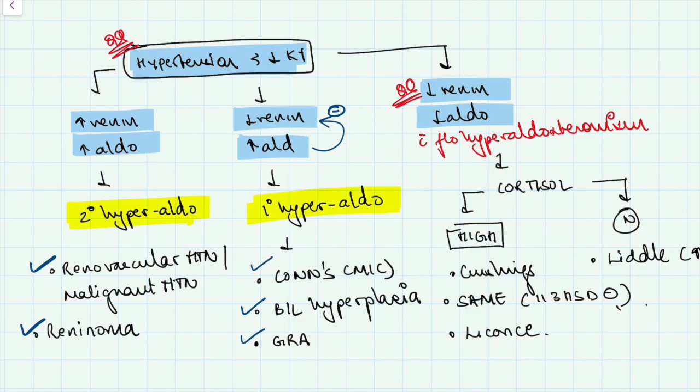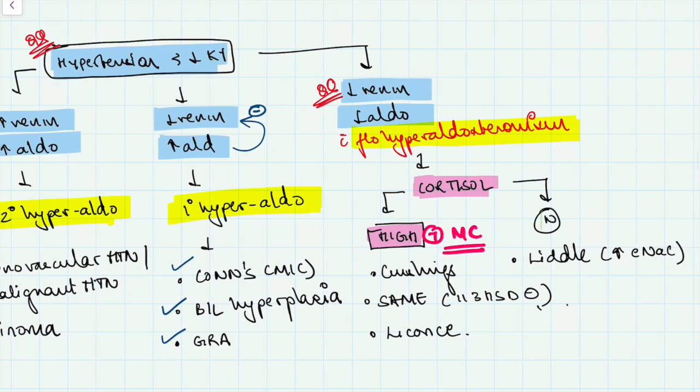that I was telling since a long time, that is hyporeninemic, hypoaldosteronemic, hypokalemic hypertension, right? These conditions have features of hyperaldosteronism without actual increase in the aldosterone levels. So here what happens is that there can either be an increase in cortisol, which can stimulate the mineralocorticoid receptors, or the cortisol can be normal. So first, if the cortisol is normal, then the cause is due to an increased expression of ENaC channel, and the diagnosis is nothing but Liddle syndrome, while causes of hypercortisolism are Cushing's, same,